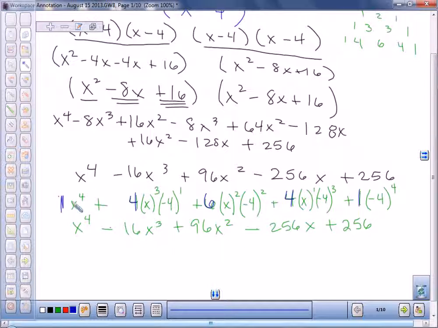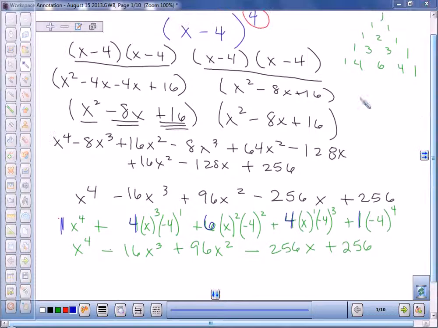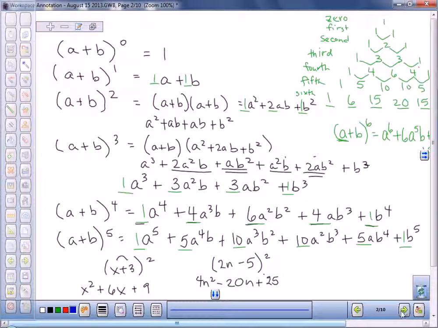And then what we have to do is start by taking that first term in our binomial and raising it to the fourth power. And the second term to the 0 power, which I don't really need to write, because anything to the 0 power is 1. Then the first term to the third, the second to the first, the first to the second, the second to the second, the first to the first, the second to the third, and then finally the second one to the fourth. We could write the first one to the 0, but that's just 1. Now, it was just fine when it looked like this, because x to the fourth is just x to the fourth. But on your homework,